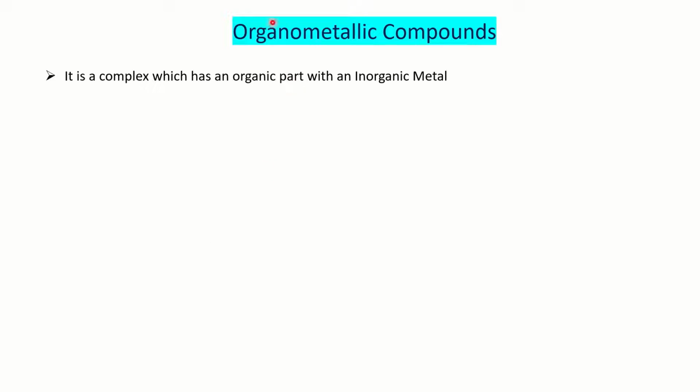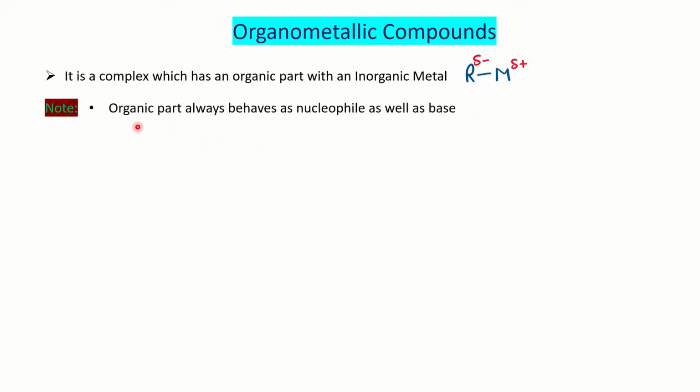What is organometallic compound? As the name suggests, organo plus metallic means you have a complex which is made up of the organic part as well as the inorganic metal. So you have basically the organo and metallic bond, covalent bond formation between the organometallic compound. So you have metal and the organic part here. Basically, metals are electropositive. So here the metal will bear a positive charge and the organic part will bear a negative charge. So in this way, the organic part will act as a nucleophile. So you should know that here the organic part will always behave either as a nucleophile or as a base,